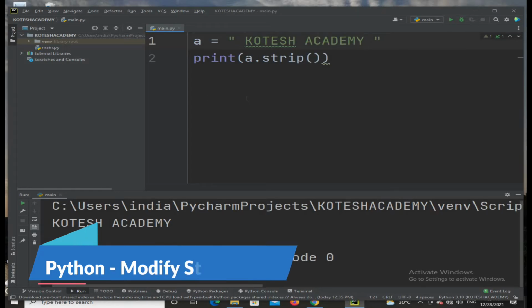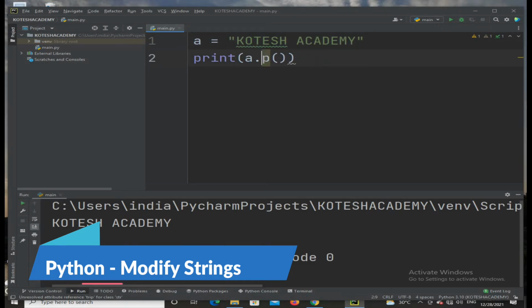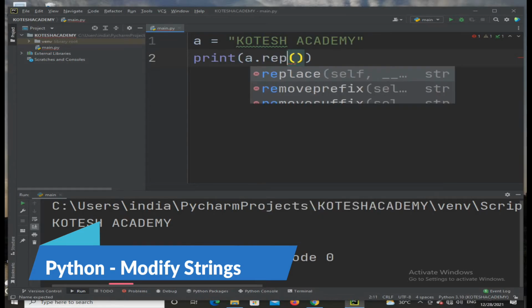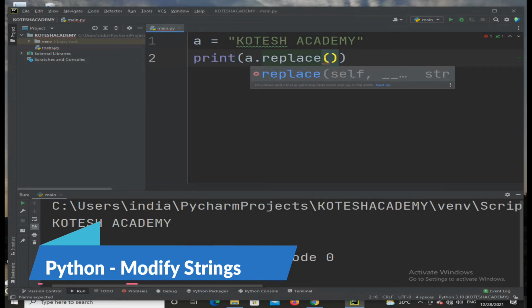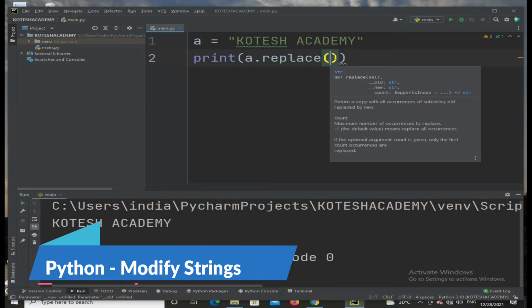Next one is replace string. Now I would like to replace a particular string or character. Print A dot replace. Which string I would like to change, that is K. K can be represented in single quotation or double quotation.